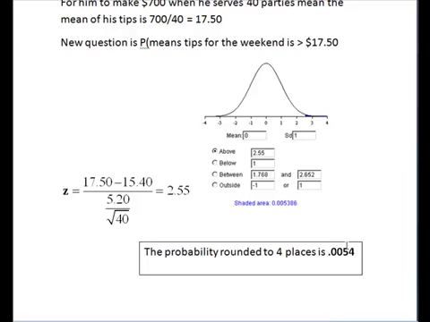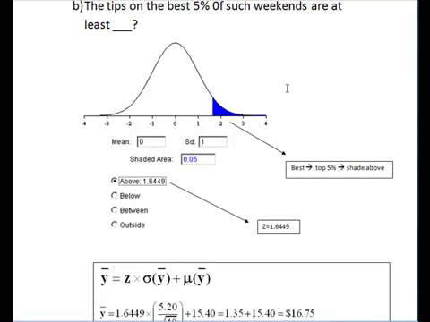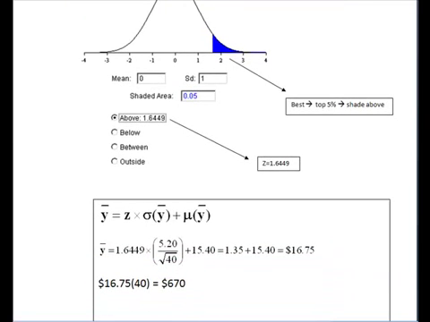So there's actually a very small probability that the average tips for the weekend is going to be greater than $17.50. Next question. Let's turn things around. Let's now find the tips of the best 5% of such weekends. We're going to use the normal calculator on the bottom of the screen. We want a z-score that chops off the top 5%, so above. We find that our z-score, and you can look back to the previous problem for an explanation of this, our z-score is